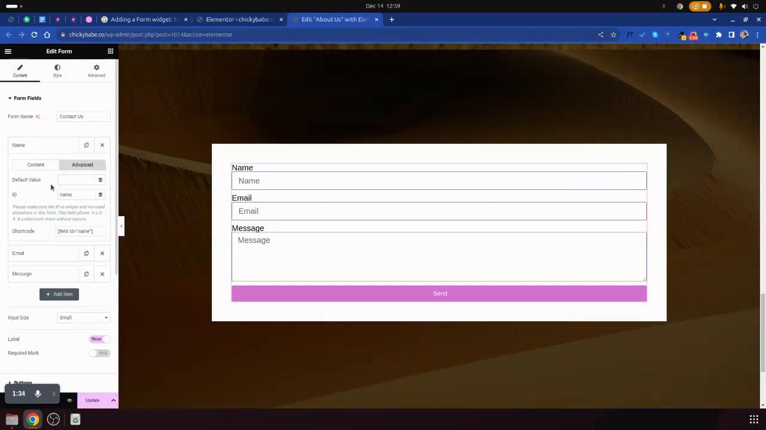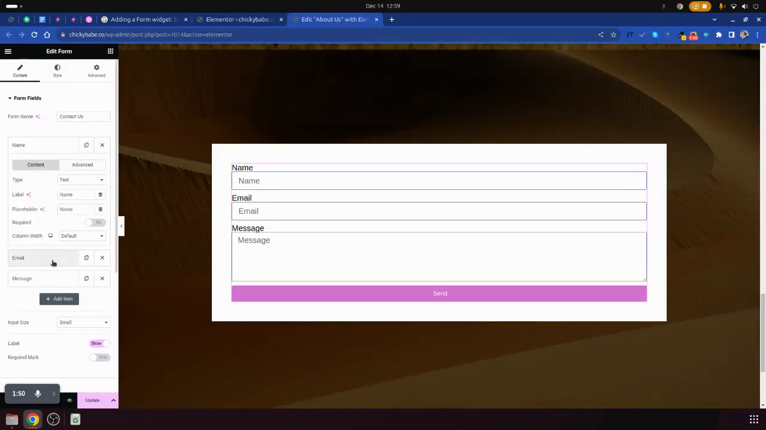So advanced, you can set the value, the ID of the form. Then here the shortcode. This is the shortcode you can use for creating this widget of the name. Assuming you're using the HTML for creating forms, you can use this one here. So the same applies to email, but now here, the type we have here,